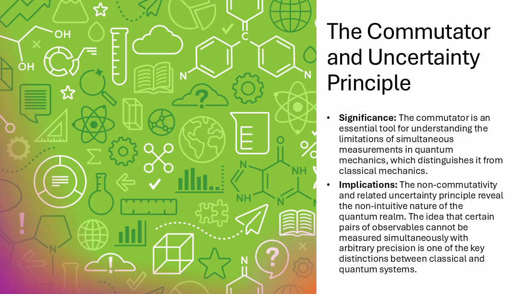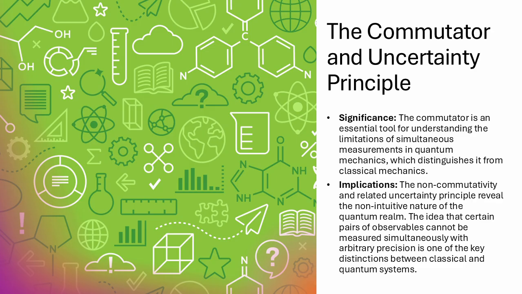So imagine you've got two actions, A and B. Now, in everyday life, the order we do these actions might not matter. Like making coffee, then grabbing your keys versus grabbing your keys and then making coffee. Same result. Exactly. But in the quantum world, the order can drastically change what happens. And that's where the commutator comes in. It's like a cosmic traffic cop for quantum actions. It tells us if the order of those actions actually matters.